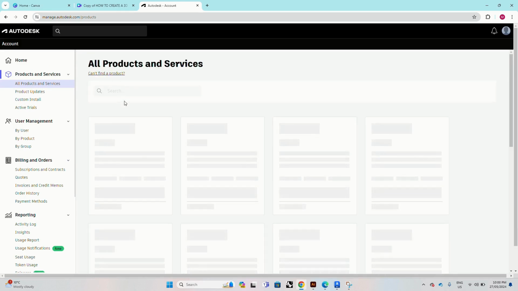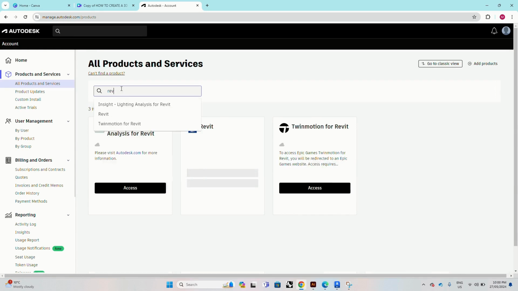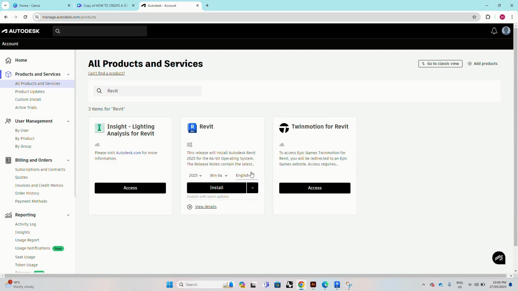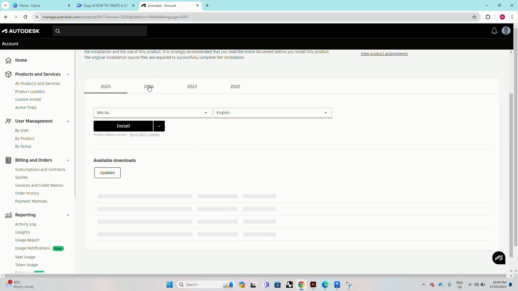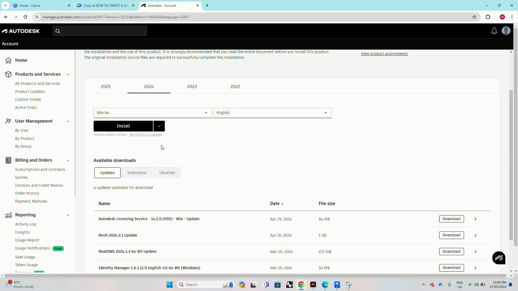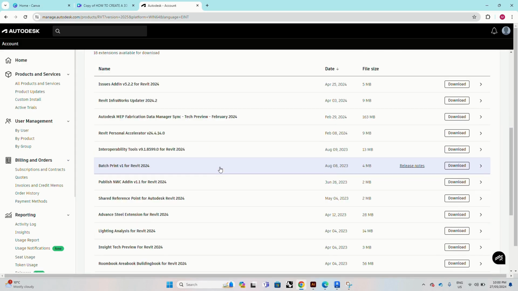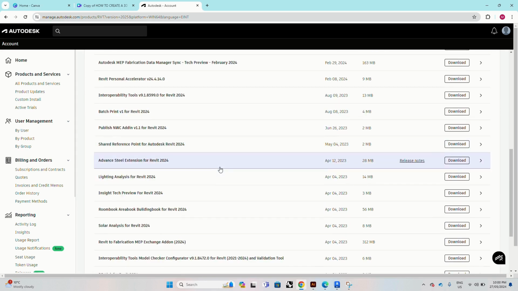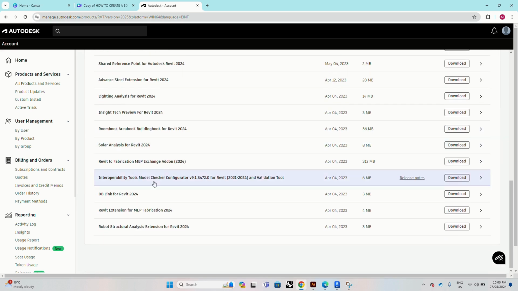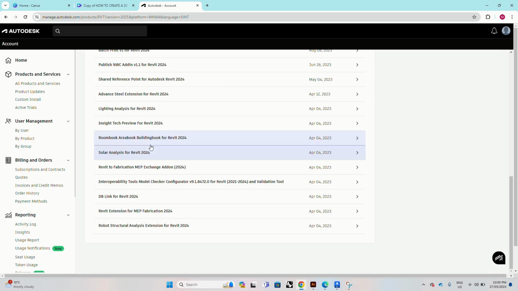Once your page has loaded, you can search up for Revit and click on View Details. In this case, I'm going to be using Revit 2024, so click on that and click on Extensions and scroll down to find the plugin, which is the Solar Analysis for Revit. Click on the plugin,